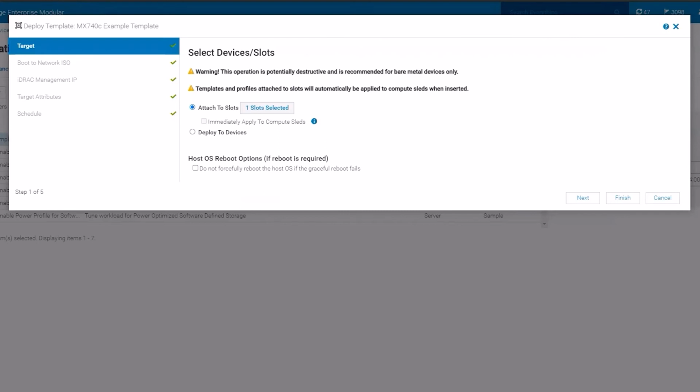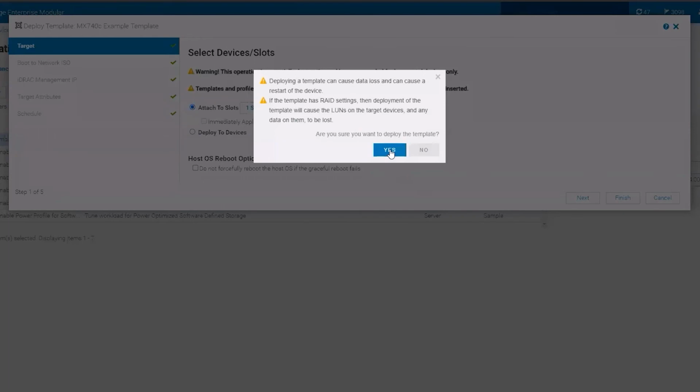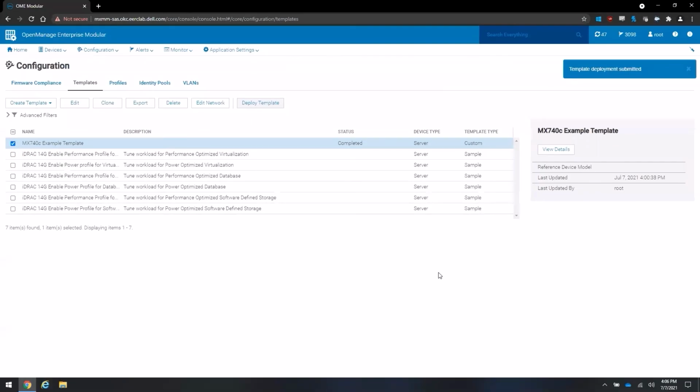Some configuration changes to your network will require a reboot, like changes to BIOS or changes to network partitioning. Sometimes when a reboot is required, a graceful shutdown cannot be performed. At the bottom here, you have an option to not forcefully shut down the hosts in the case a graceful shutdown fails. This will give you the opportunity to go in and manually put your host into maintenance mode, shut down VMs or other required maintenance tasks before you shut it down from the operating system. Once you've made your selections, go ahead and click Finish.